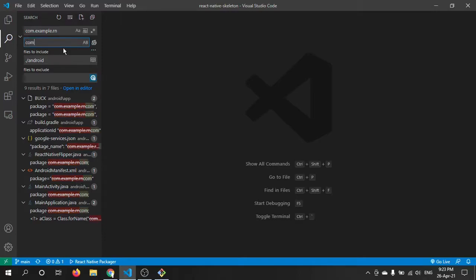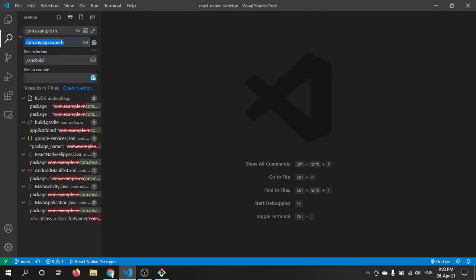In this case, I can use com.myapp.super, something like this. Let me copy this into the clipboard.